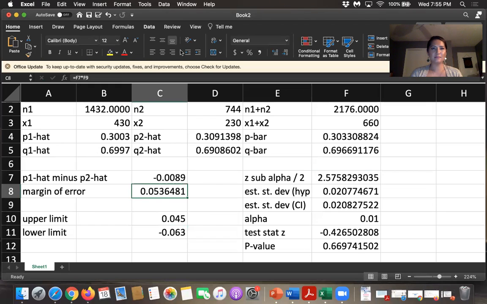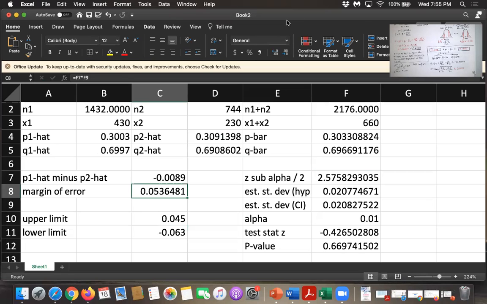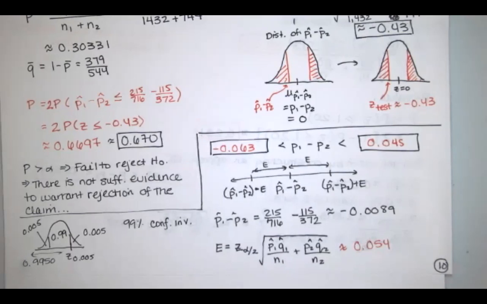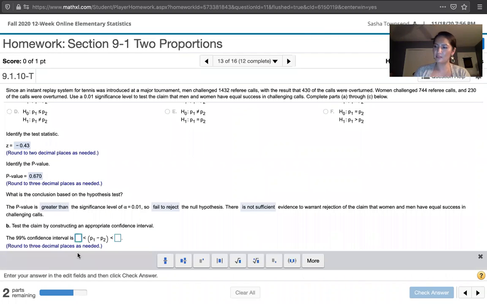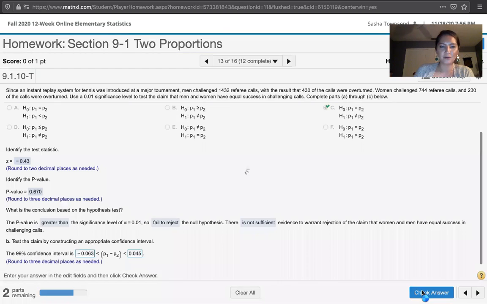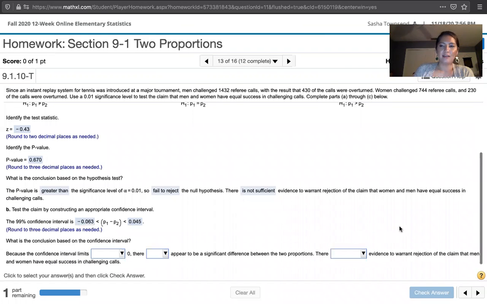Okay, so that is how we would do that. So we compute this, we take this plus this to get this value here, and then we take this minus this to get that value over there. So let's type that in for a 99% confidence interval. The lower limit is negative 0.063, and the upper limit was 0.045, and they did ask us to round to 3 decimal places. Great. Okay. Now, when we're testing the claim about two proportions